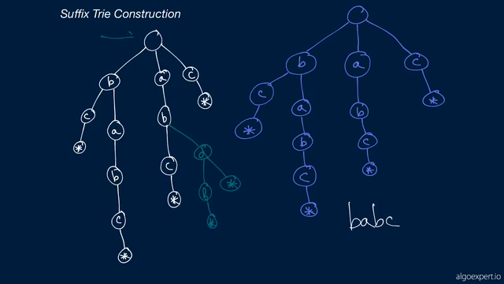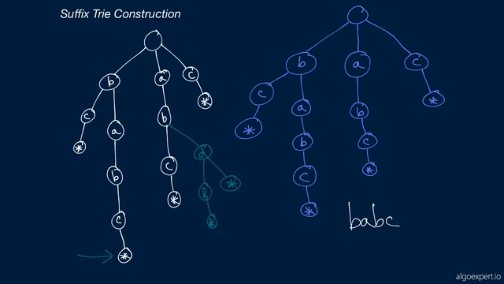So we start here. Is the letter B contained in this root node? Yes, it is. Great. We move it here. Is the letter A contained in this node? Yes, it is. It's here. Is the letter B contained in this node? Yes, it is. It's here. Is the letter C contained in this node? Yes, it is. And then, do we have an asterisk right after that? Yes, we do. So BABC is a suffix of our original string